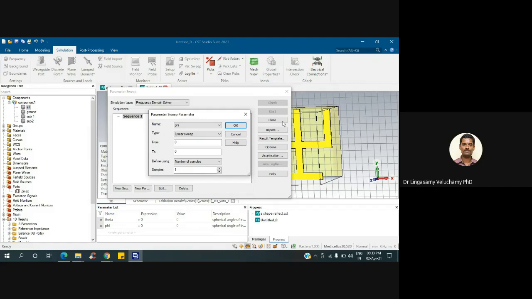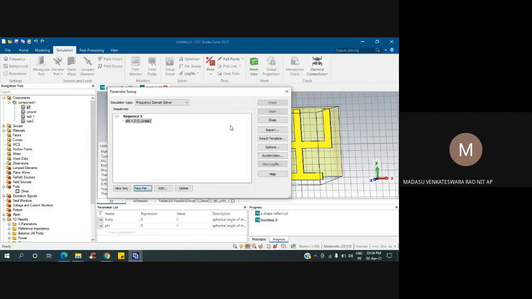The name is there, right? It is showing pi. So if you define a new parameter L, it will show here. Then you can put that L under linear sweep, from 3 to 10, for example. Then number of samples is there, right? In that, you can mention either the number of samples or the step width, 0.1 mm, 0.2 mm, or 0.5 mm. Then start the simulation, and you will get that plot.